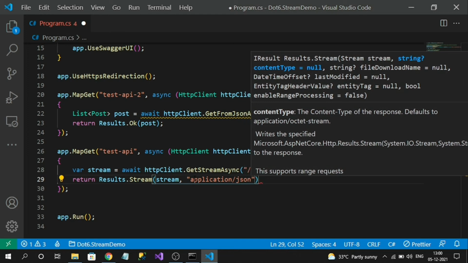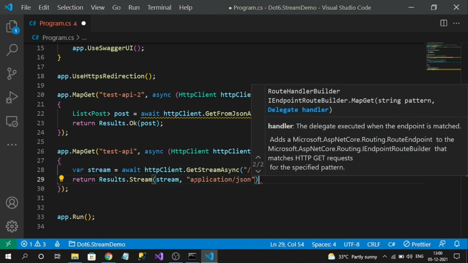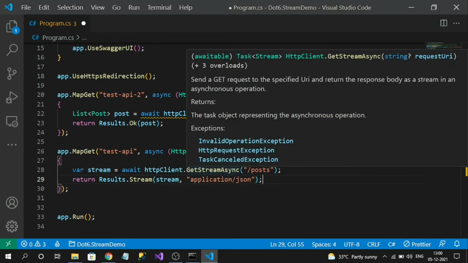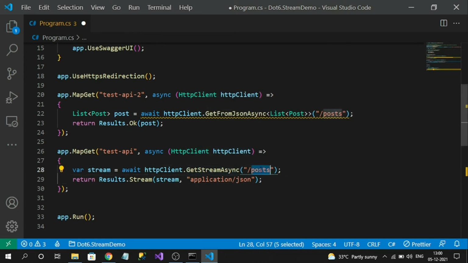Application/json is the content type, the second parameter. So there is no deserialization of the response from the third-party API. We are directly returning the stream to the user.